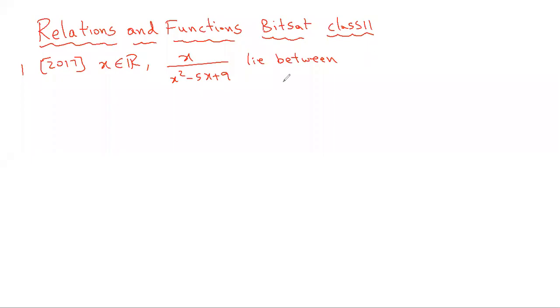So this is what the question asks. Basically, they're asking us to find the range of this. We know that for finding the range for polynomials or rational functions, the best method is the y method. Take f of x is equal to y, and after that write x, the possible values of y for x to be a real number. Possible values of y for x to be a real number is the range. Possible values of x is the domain.